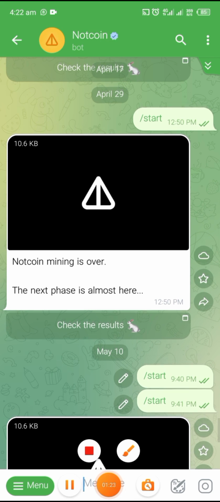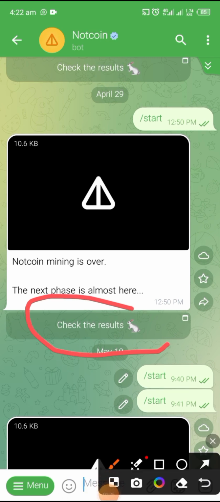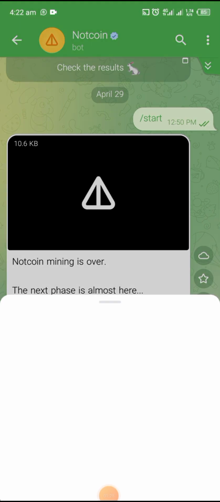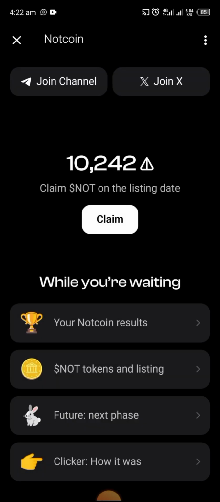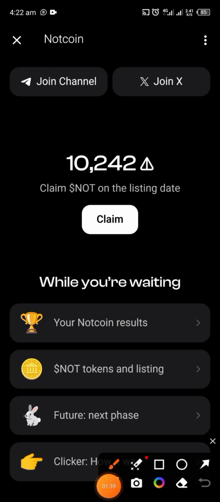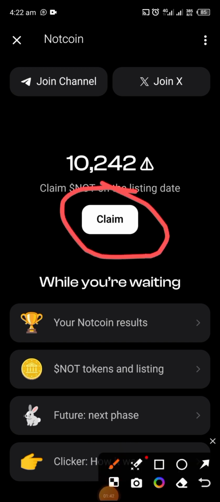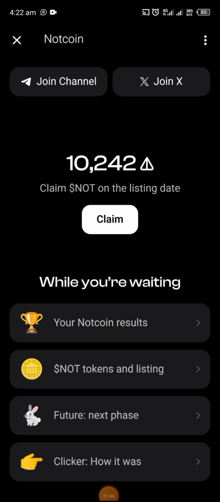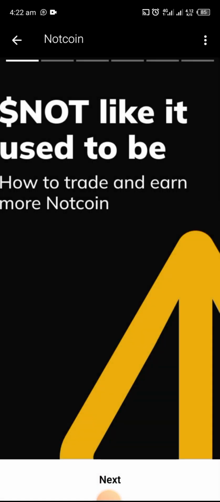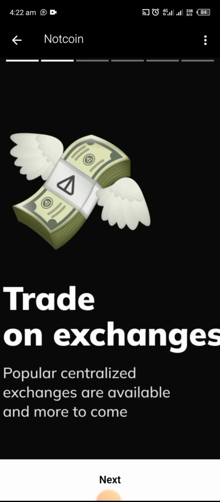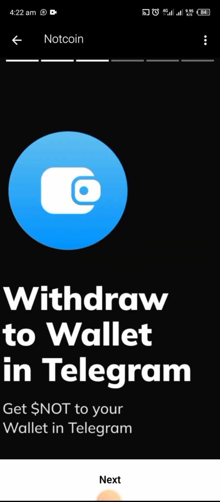Now let's go straight. You enter the Notcoin bot. Once you open it, you click on check the results. When you click on check the results, this is what you're going to see. The next thing you do is to click on claim. As you can see, the claim button is highlighted and you're going to see all these slides, not like it used to be, how to trade and earn more Notcoin. You go to next, trade on exchanges, next, withdraw to wallet in Telegram,